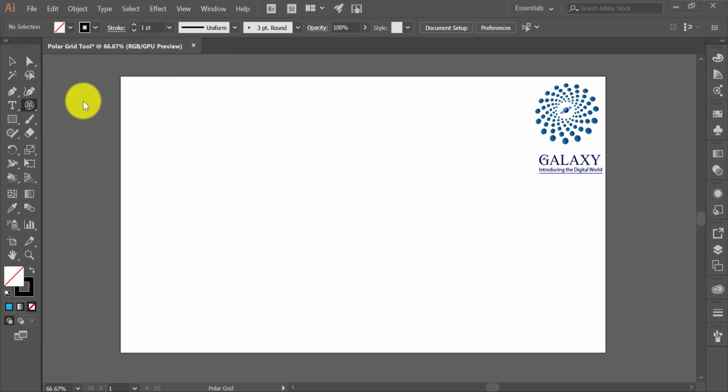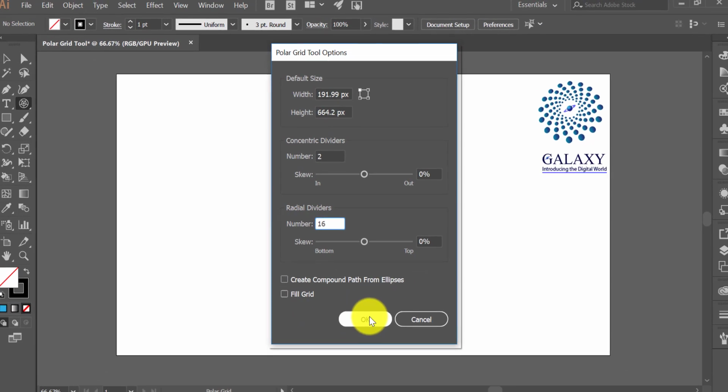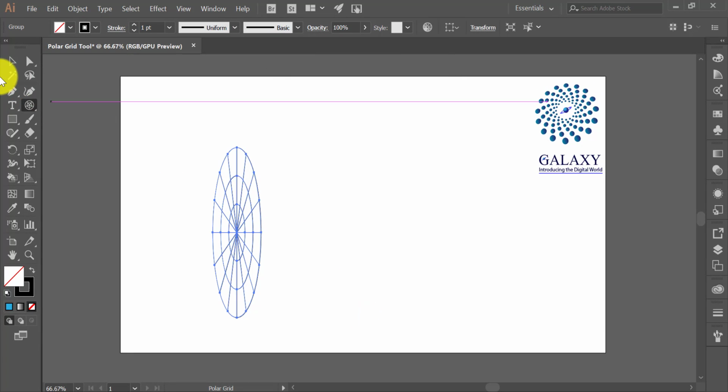Now we are going to see how to use the Polar Grid tool for designing. Okay, here I'm choosing 2 concentric dividers and 16 as my radial dividers, and I don't want fill, so I'm just clicking OK.